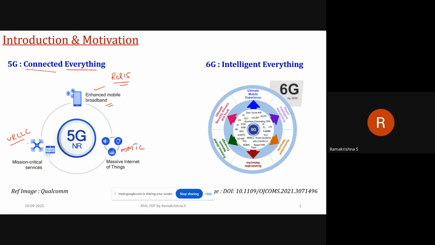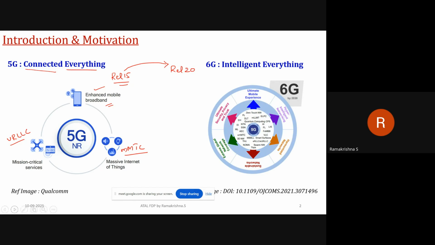Slowly we have moved towards applications which are latency-critical and more reliable applications, which fall under the category of URLLC, and large scale integration of sensors, falling under the category of mMTC. So millions of sensors are going to be integrated, and that data is going to be aggregated. The time has evolved, and we have moved from Release 15 to almost Release 20 as of now,